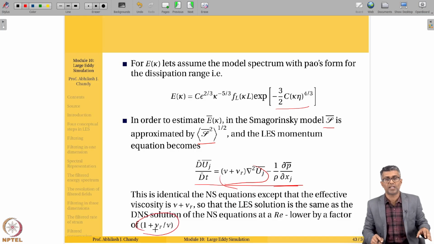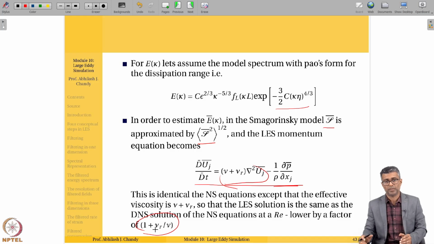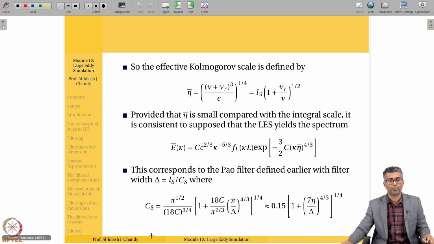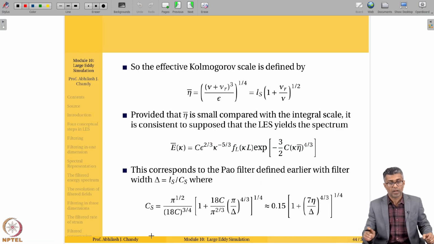So what we are trying to say is your apparent Reynolds number has now reduced in LES. That's it. Otherwise you are essentially doing a DNS at a lower Reynolds number. So you have reduced the Reynolds number of the DNS calculation, and it is essentially the same as the Navier-Stokes equations. So the solution is the same as the DNS, except the Reynolds number is lower by a factor of 1 plus nu r over nu. Now if you calculate your effective Kolmogorov scale, according to the Kolmogorov relationships, it is